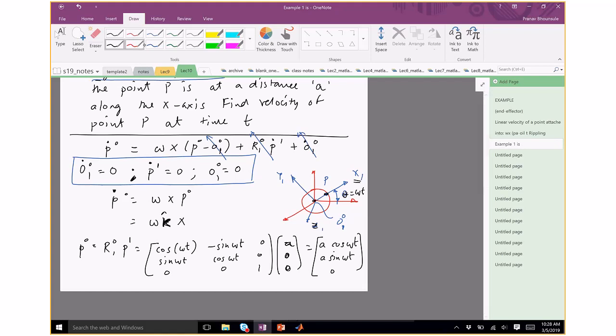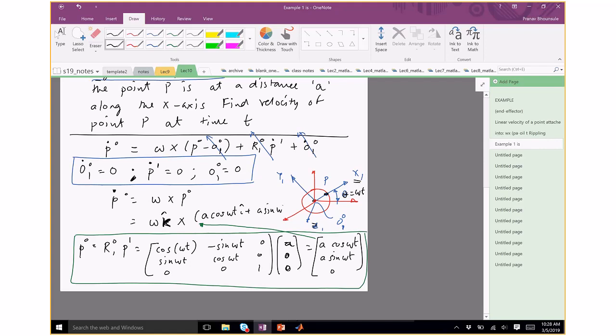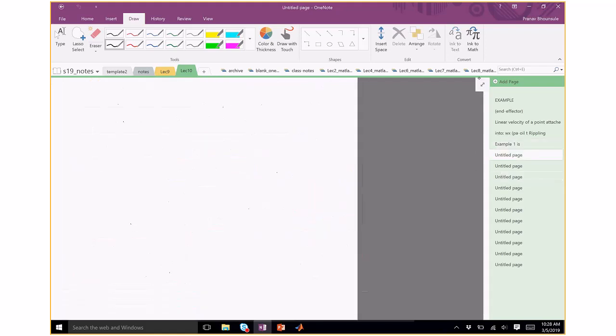So this is A cosine omega t i plus A sine omega t j. Let me rewrite that on the next page. So P dot equals omega k cross A cosine omega t i plus A sine omega t j,